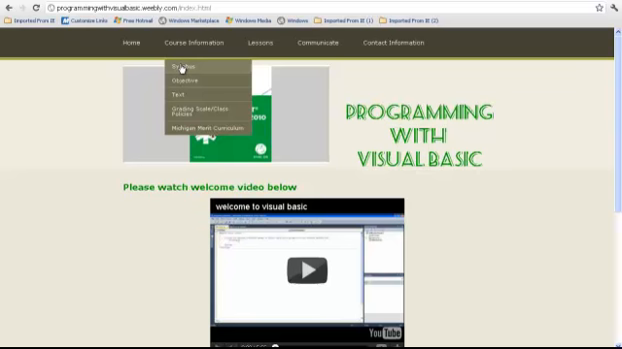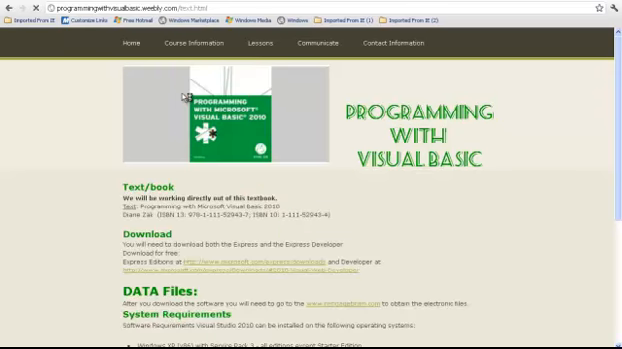It tells you the syllabus, the class objectives, and the text. I'm going to click on text and show you your downloads, the website you're going to have to go to. You do have to download the Microsoft Express downloads and the Visual Web Developer. Here's the text information. And then if you go to lessons,